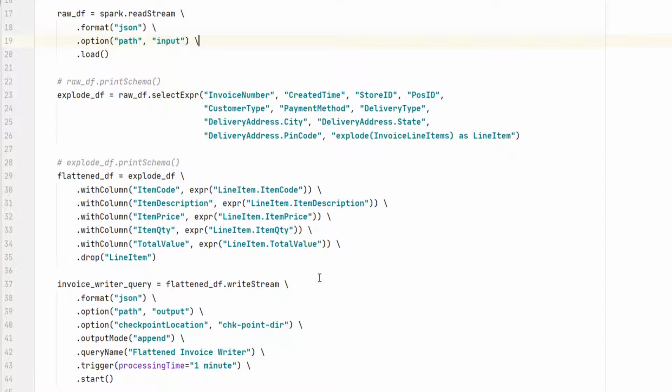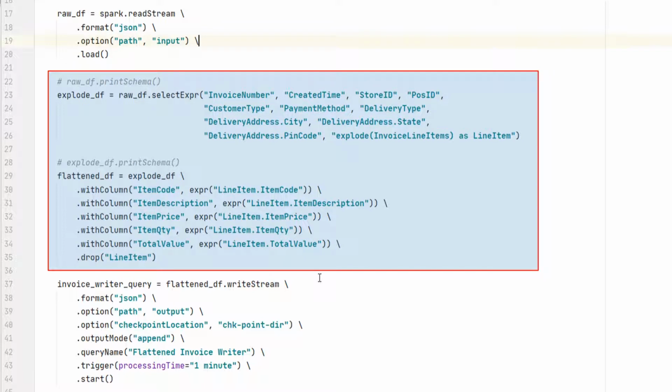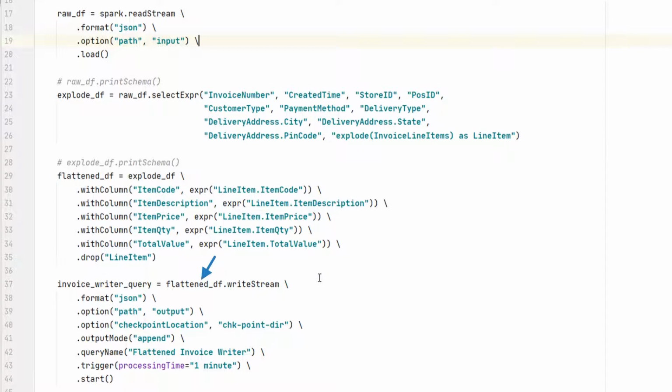The first micro batch will read all the available files in the directory and load the data in this raw DF. Make sense? The rest is straightforward. Spark will apply these transformations and finally create the flattened DF, right? Finally, this flattened DF will be written to the output directory. Spark will also record the progress information to the checkpoint location. The checkpoint location holds information about the input directory and the files which you successfully processed in the first micro batch. While the micro batch job is running, the background thread keeps monitoring the progress of the micro batch.